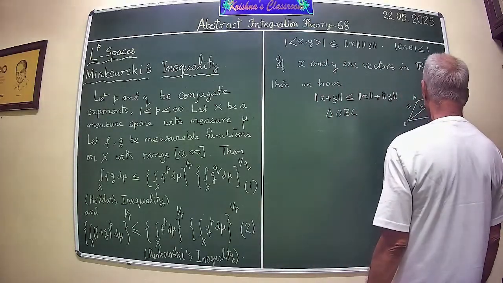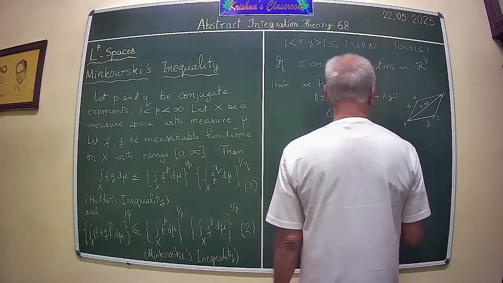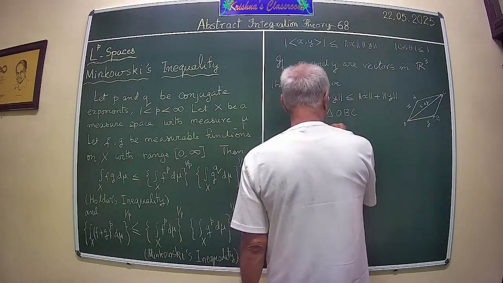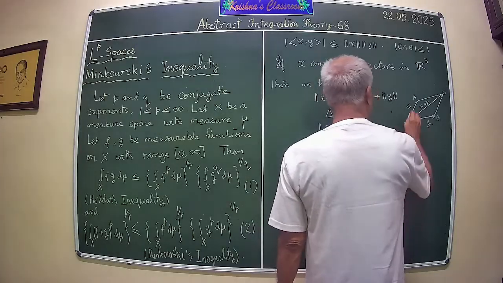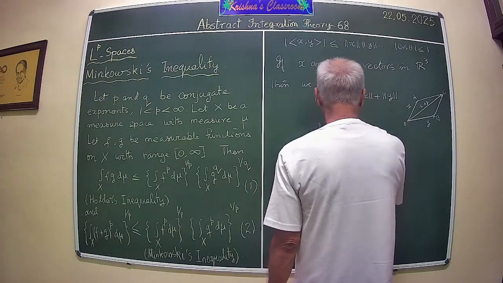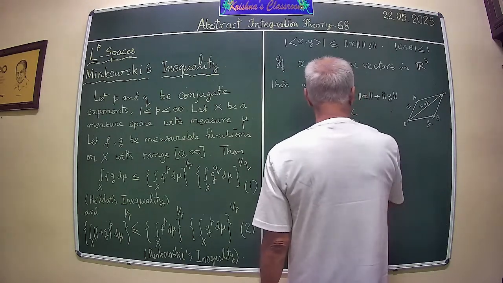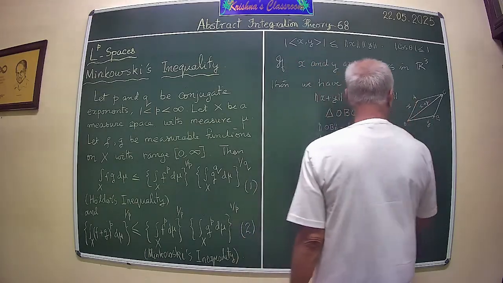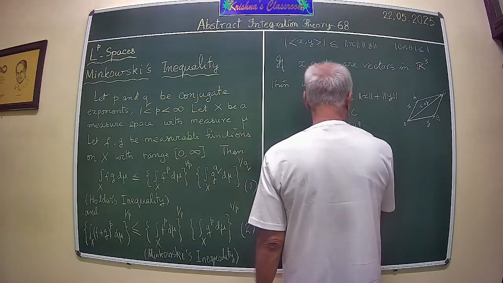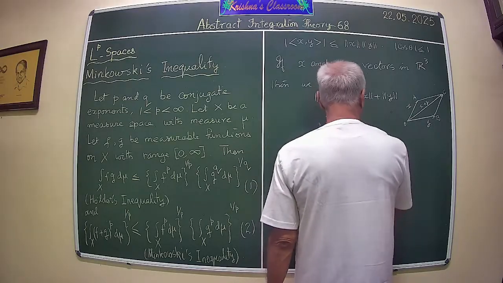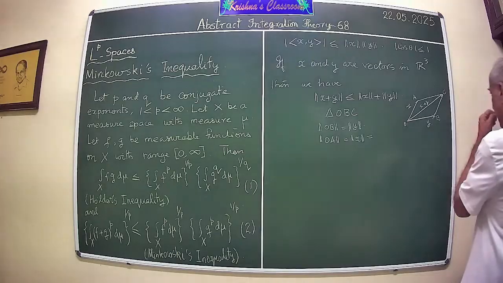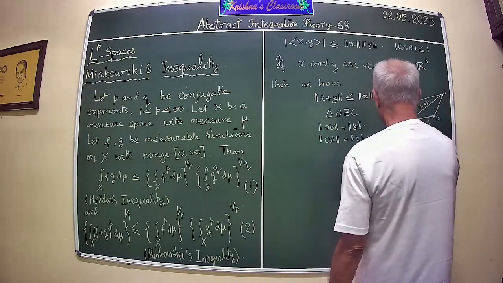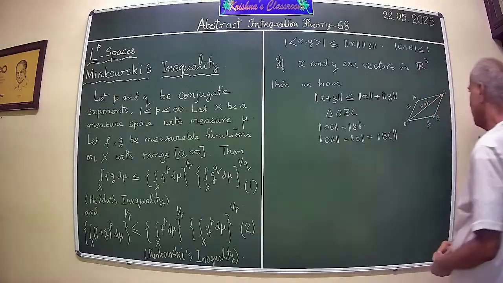Then we have the length of OB, that is designated by this, which is equal to the length of y, and then the length of OA, the length of x, which is also equal to, this OABC being a parallelogram, the length of BC. And you know that from the triangular inequality,